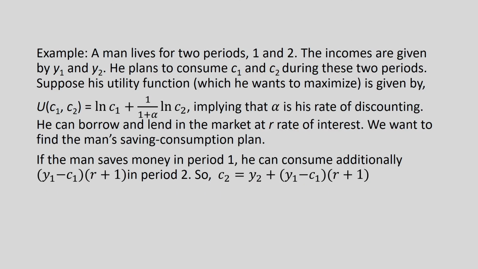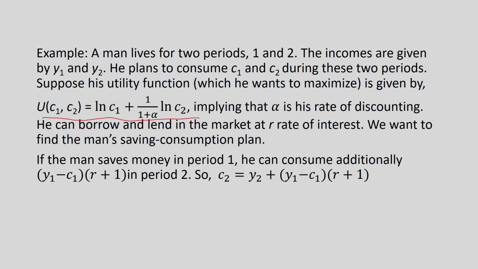Okay, now, in this another example, the problem is somewhat different. A man lives for 2 periods, 1 and 2. The incomes are given by Y1 and Y2. He plans to consume C1 and C2 during these 2 periods. Suppose his utility function, which he wants to maximize, is given by this. u of C1, C2 is equal to log of C1 plus 1 divided by 1 plus alpha multiplied by log of C2. Both these logs are natural logarithms,